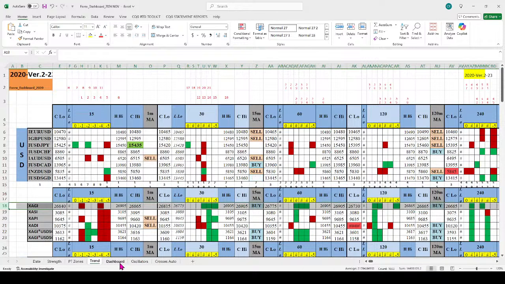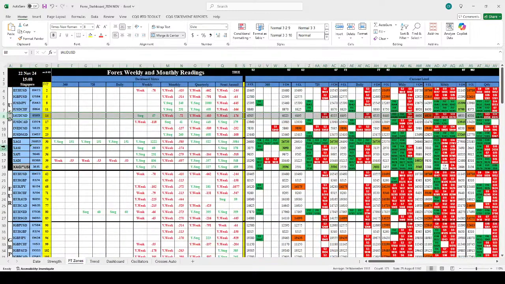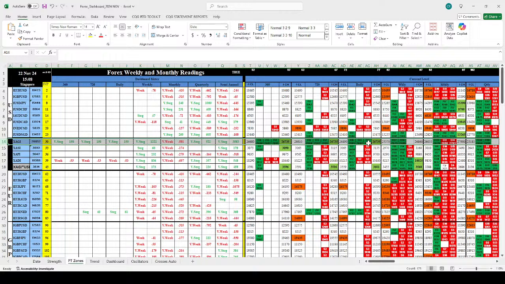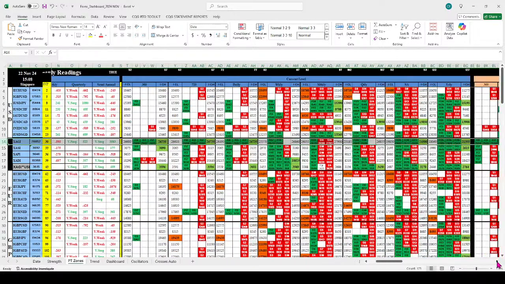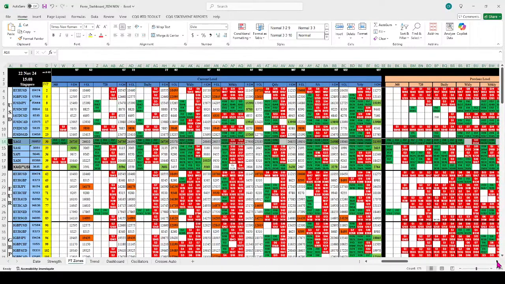So anyway, we look into the PT zones. We see where the resistance is. The resistance is telling us daily RR5, weekly RR2, and monthly we have a strong sell. And previous week, we can take it as RC2 and SR7. I'm going to tell you what all these levels are, so at least you can have a close monitor and we will see.